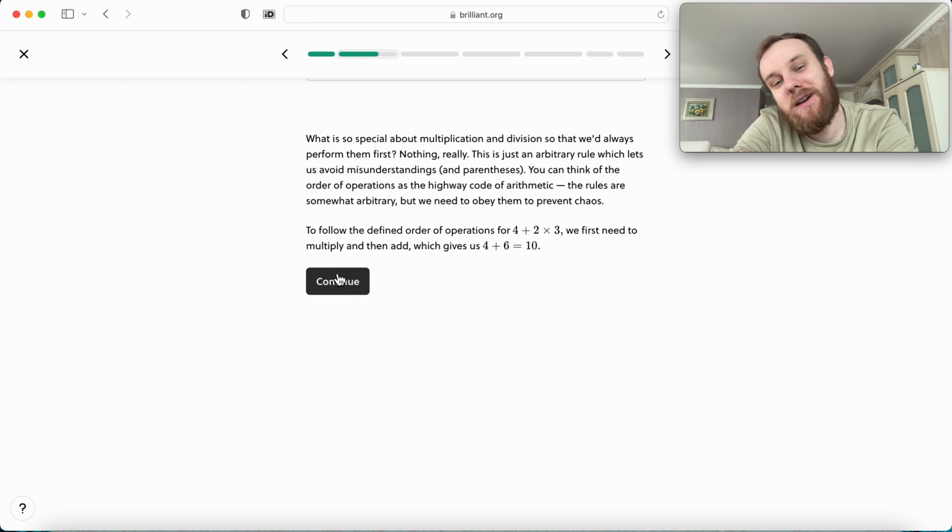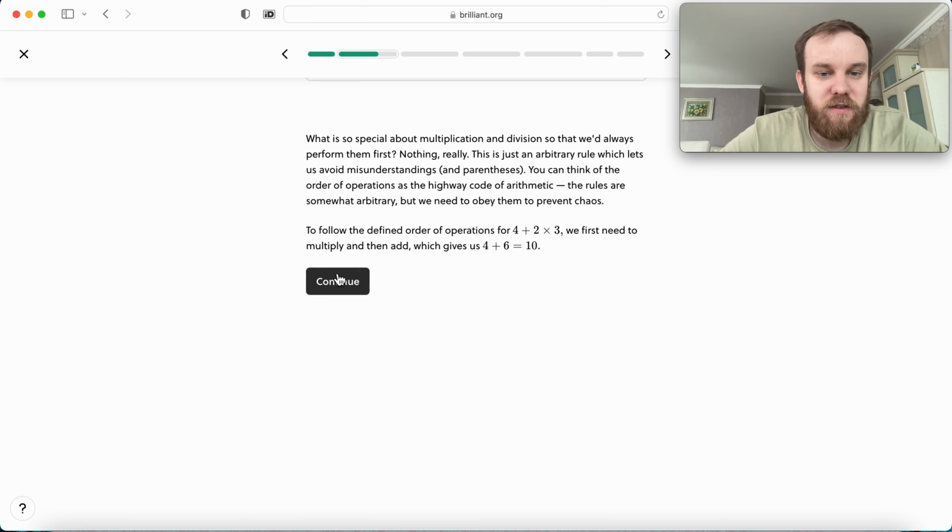Again, I would expect something more sophisticated, like an explanation of the problem and how we end up with this. But it's fair enough that at some point we just found a simple solution to a pretty simple problem, I think, and that's just the way it is. So to be honest, I'm comfortable with this, so I'm fine. To follow the definite order of operations for 4 plus 2 multiply 3,